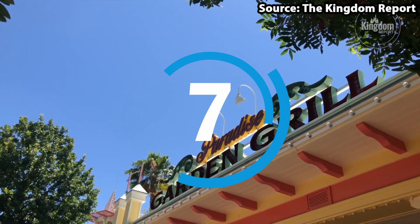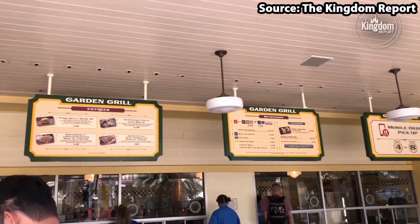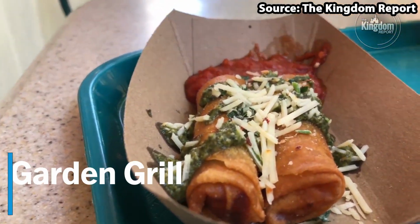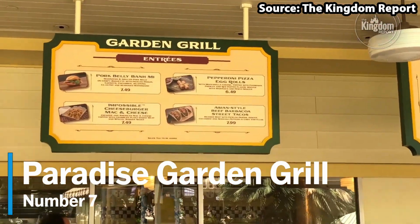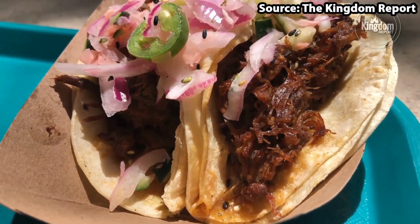You can't go to California without having a good old grill, and there is no better place to have one than on the magical place on Earth, and therefore our number 7 spot is going to Paradise Garden Grill. Featuring everything from briskets to ribs to chicken to tacos to even plant-based meat, this really has got something for